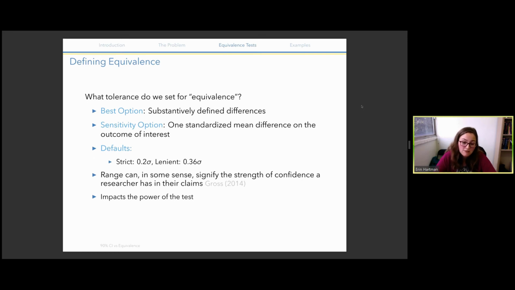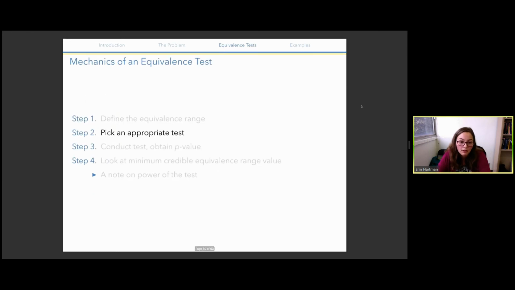And if they can pass the really high bar, then we should believe that there's more evidence in the strength of the design. Of course, how you pick that range is going to impact the power of your test. If you make that bar really, really high, you're going to need more data to be able to clear it. So once you pick your range, hopefully substantively, if not that, using one of these other methods, you have to